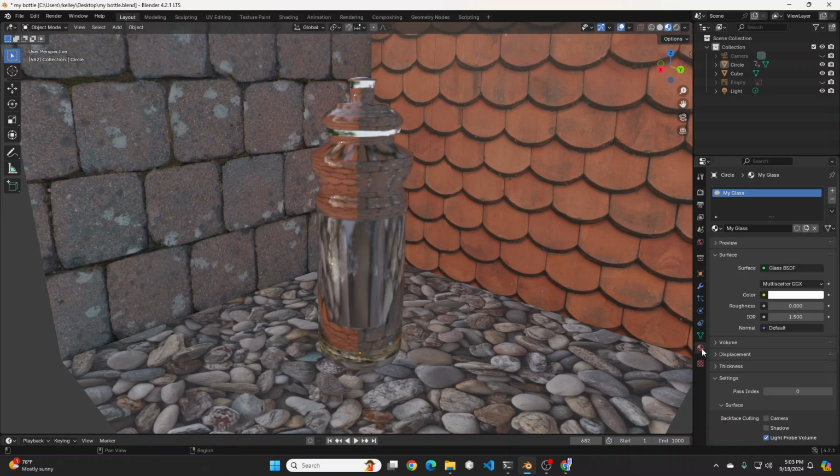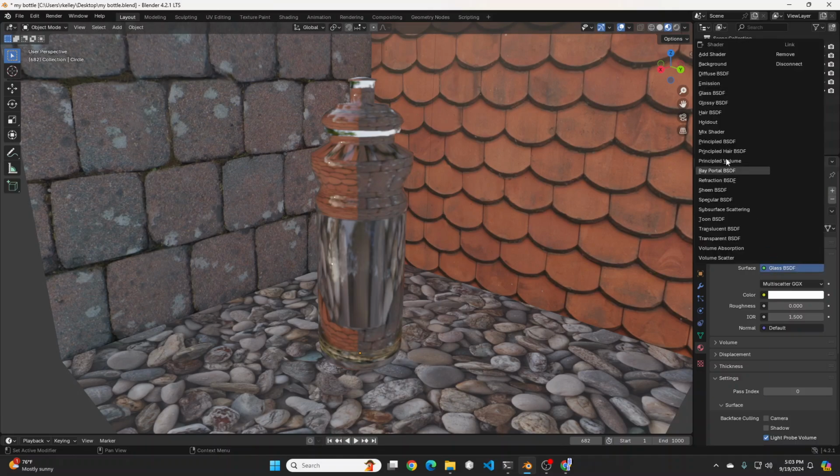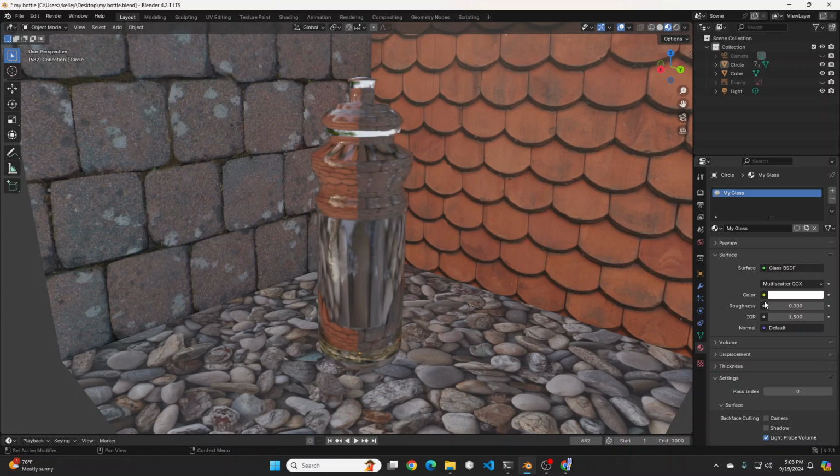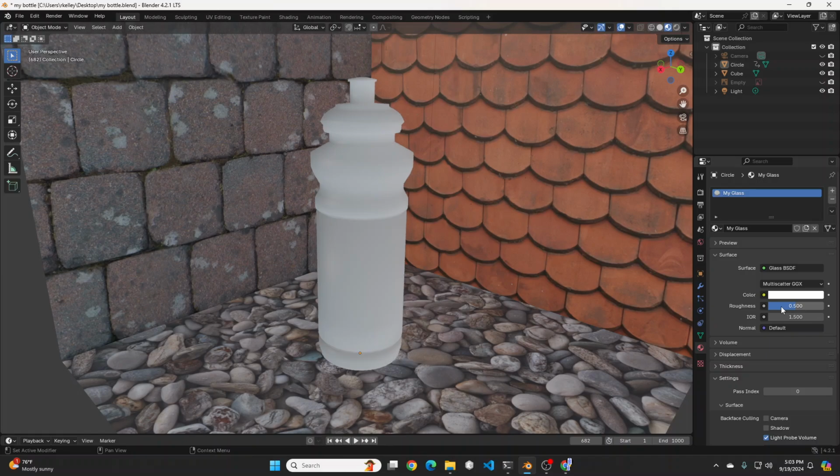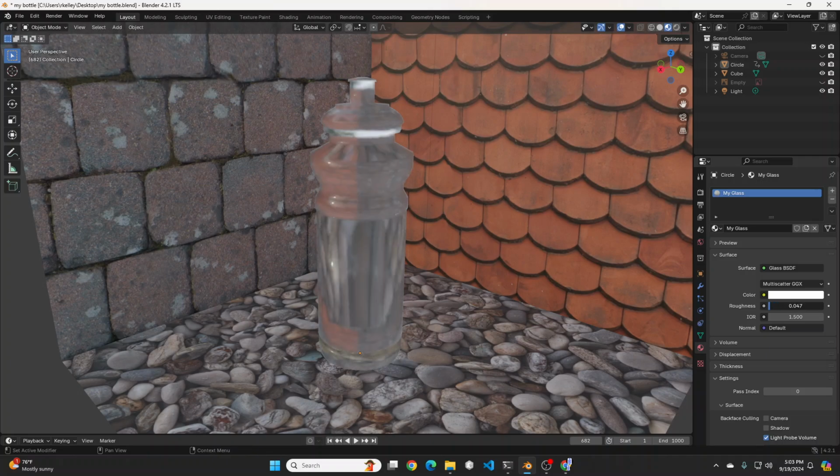Then you want to come down to your materials, and you can simply use the glass BSDF. It works well. As long as you change your roughness, by default it's 0.5, which is just solid. You need to change your roughness to something less than that so you can start to see through your glass,